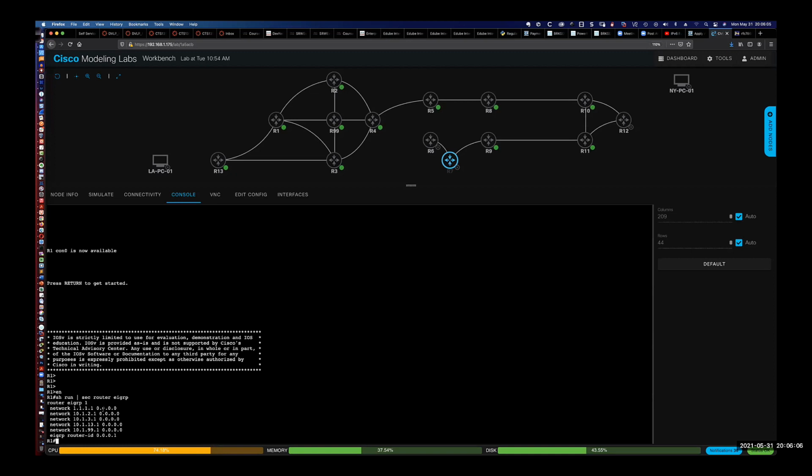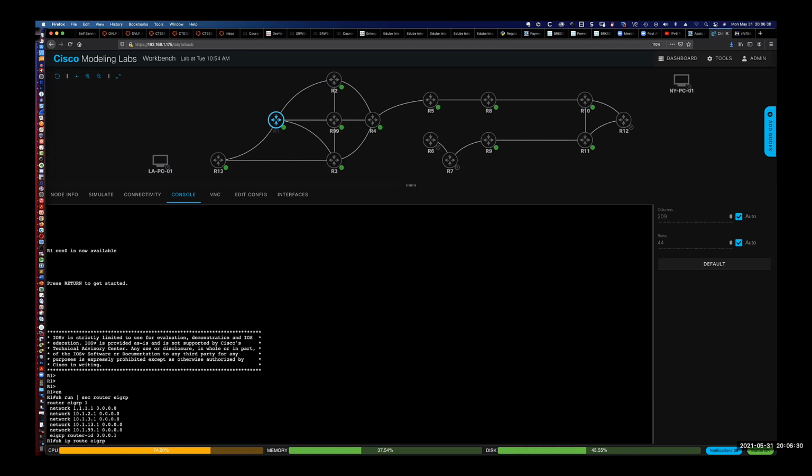And so here you see we've got router EIGRP 1. We've got a whole bunch of network statements here on router 1, because as you can see, router 1 has, what is it, 1, 2, 3, 4 physical connections to other routers that are running EIGRP, and it has a loopback interface. So on router 1, if I was to say show IP route